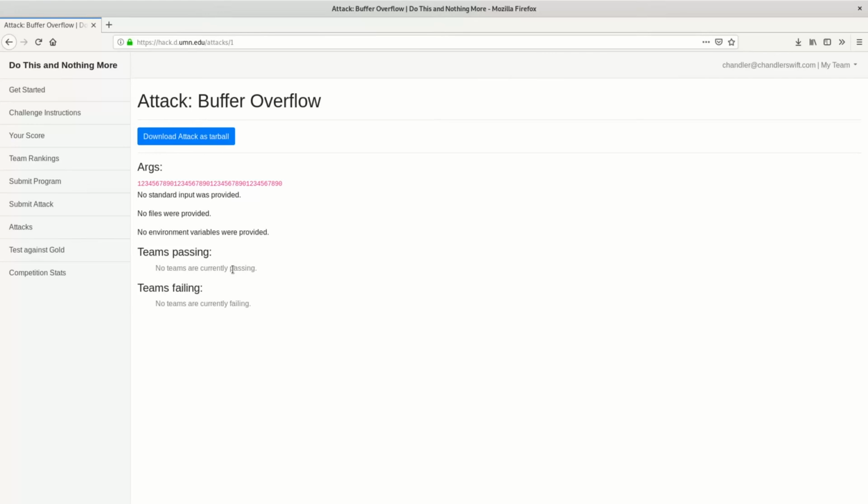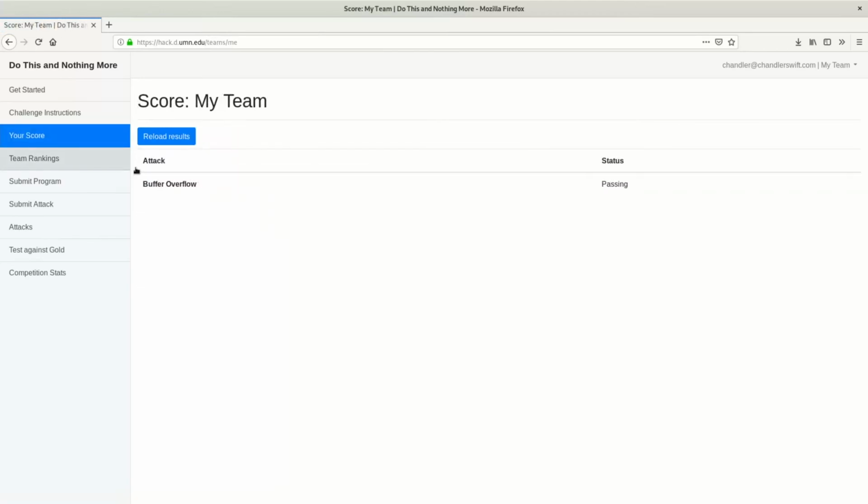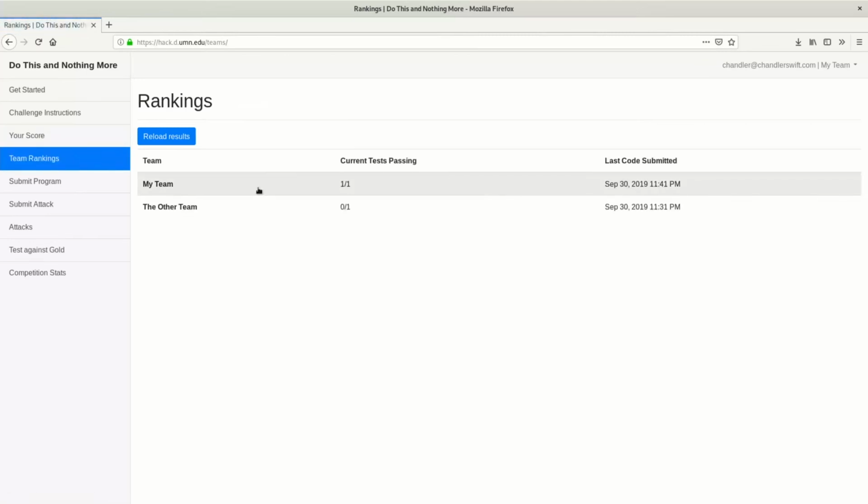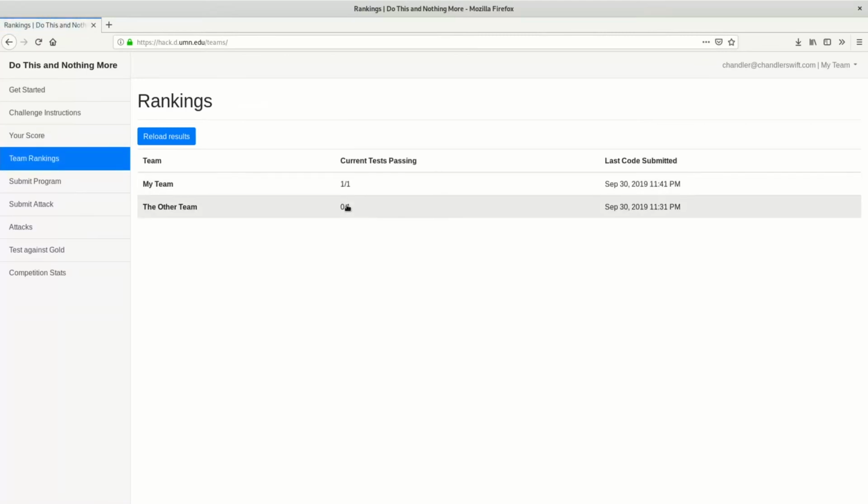But if we check back in a little bit, we'll probably see that our team will have scored. Hopefully, we'll be passing this. And the other team will have scored. Hopefully, they won't. So we can see we are, in fact, passing. We can see the same thing going to look at our score. We see that we're passing. If we go to team rankings, we can see that we're passing 1 out of 1 attack, and that the